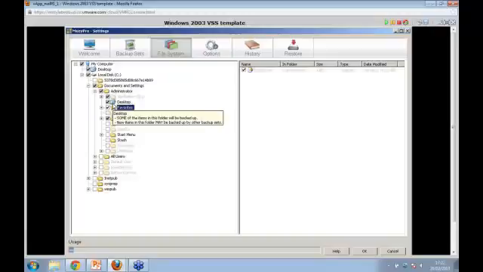Now, the disadvantage to that is that if you do it that way, if you add any files to that folder later on, they might not necessarily get picked up straight away for backup. So what I would recommend you doing is, let's say, for example,